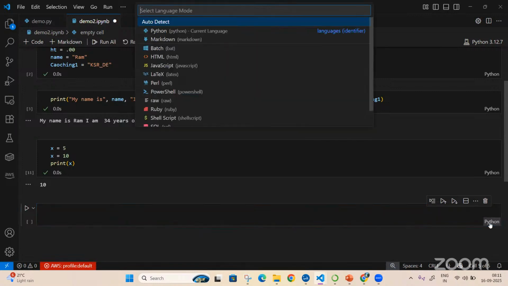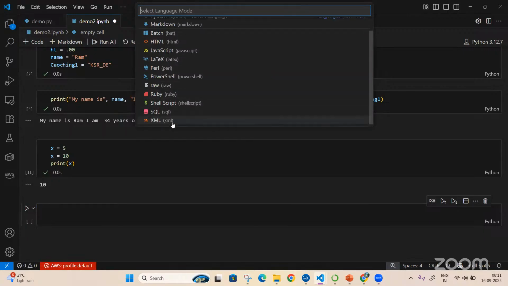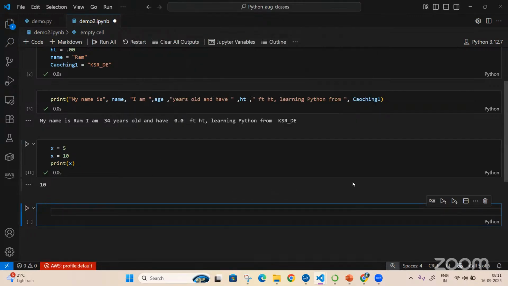Now, inside your VS Code, there is something called Python. If you click on Python, these are the different languages where you can directly write code. Whereas Jupyter Notebook doesn't have that use case. I'll be working mostly with VS Code. If you want to practice with Jupyter Notebook, please do, that will be a good use case. But I will try to solve as many questions as possible using VS Code.